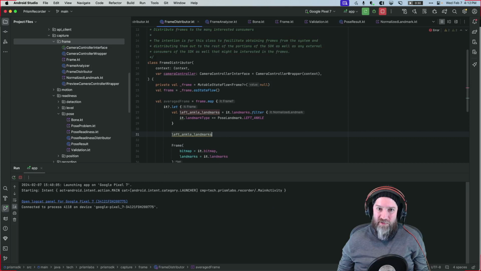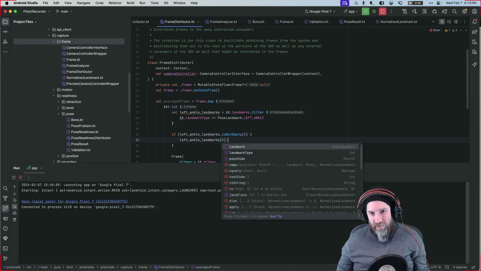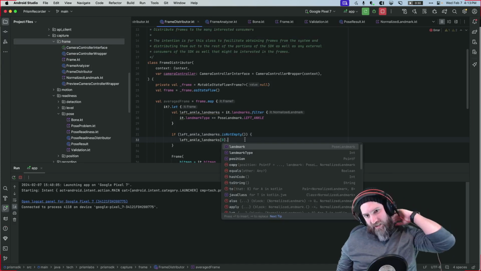So we could do, if left ankle landmarks is not empty, then we can do left ankle landmarks subscript 0. There's an is not empty as well. Oh, nice. I don't think it's a variable, I guess it's a function. Okay, so then we can say